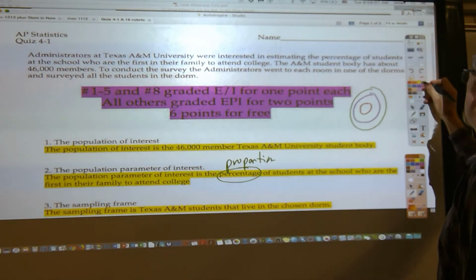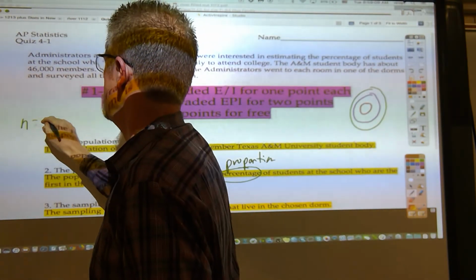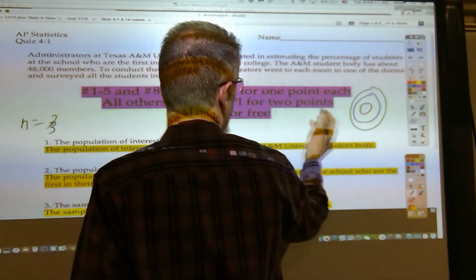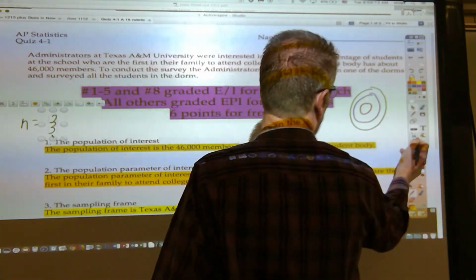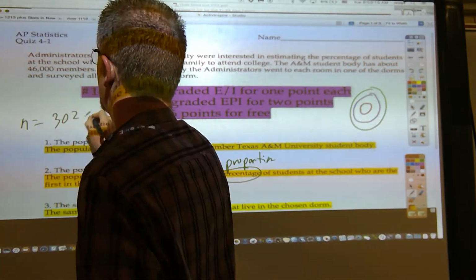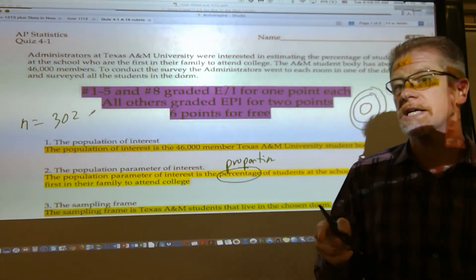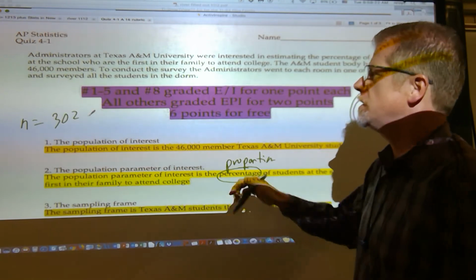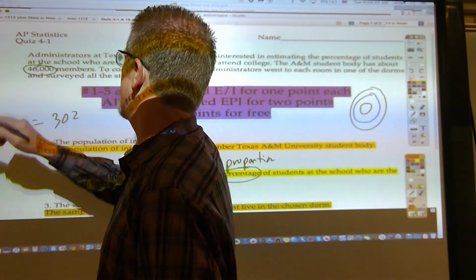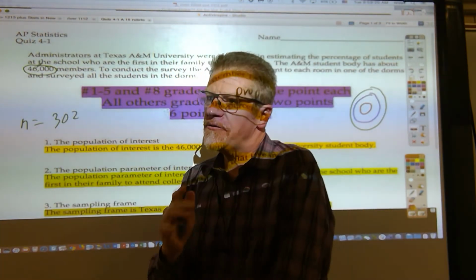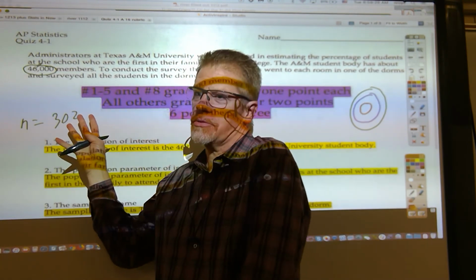Suppose they ended up sampling 302 people. Well, if it's a simple random sample, then when you consider these 46,000 students, every subset of size